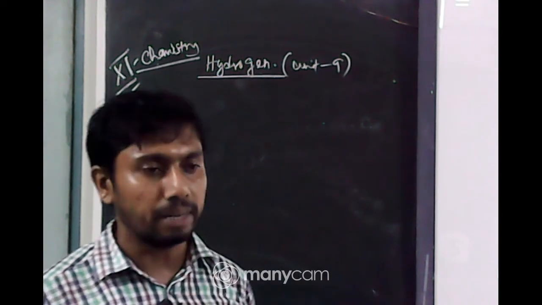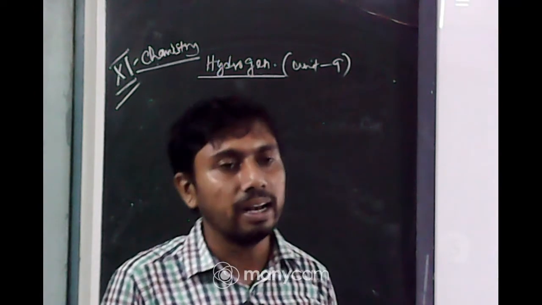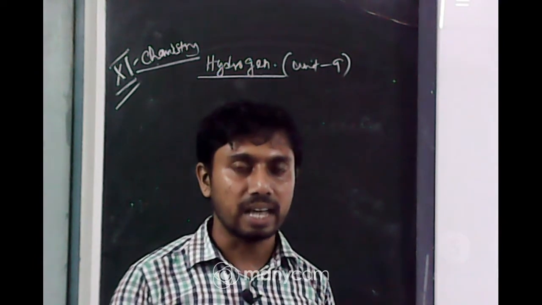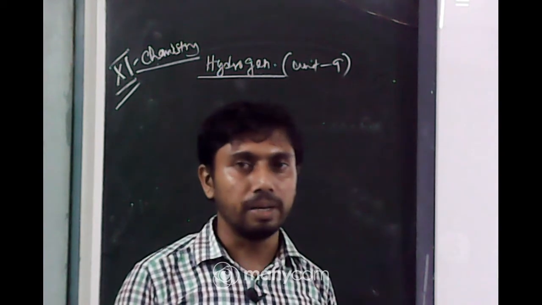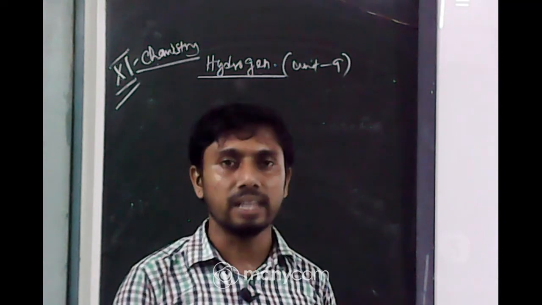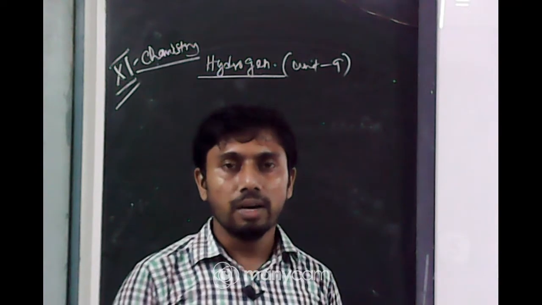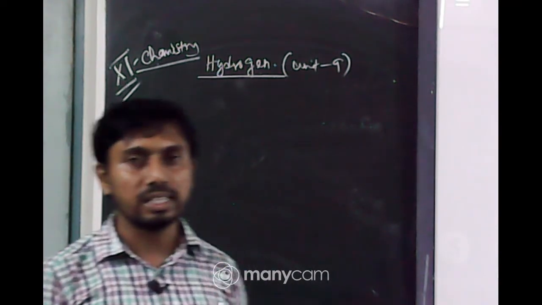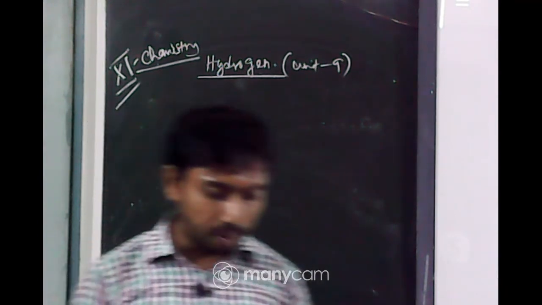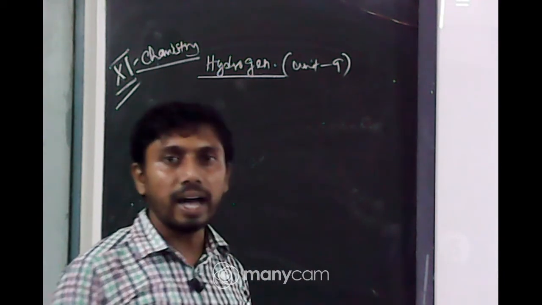What is metallurgy? It means extraction of metal from different ores. As you know, ores are found in the form of oxides, sulphides, etc., and carbonates maybe. Now the oxide and sulphide ores have to be converted to metal, and the oxide ores can be converted by reducing them using hydrogen. Here, as we are discussing hydrogen, hydrogen can be used as a reducing agent. For example, for the reduction of cobalt oxide and nickel oxide, we should use hydrogen.